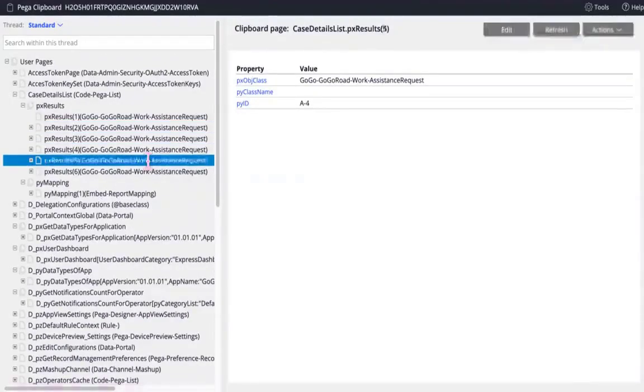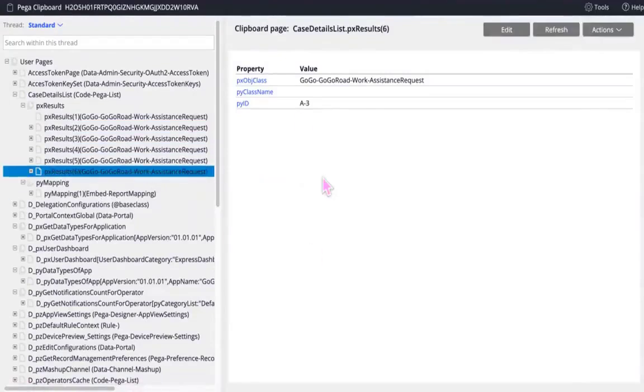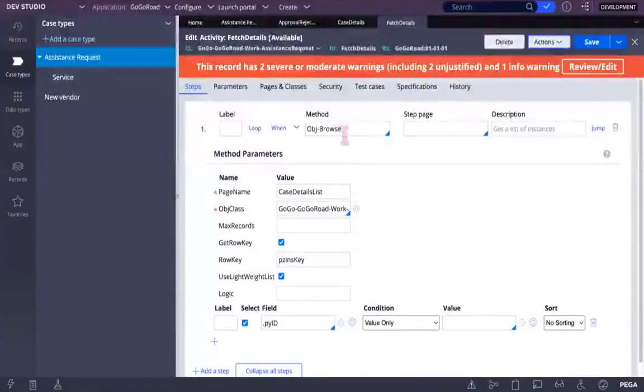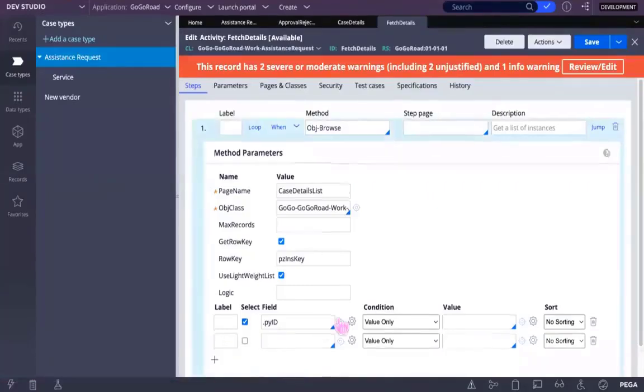If you want any other information related to this case, you can give that query in Obj-Browse. Suppose you want some information of any other thing, go to that Obj-Browse query activity. You have a plus icon below. Click on that.